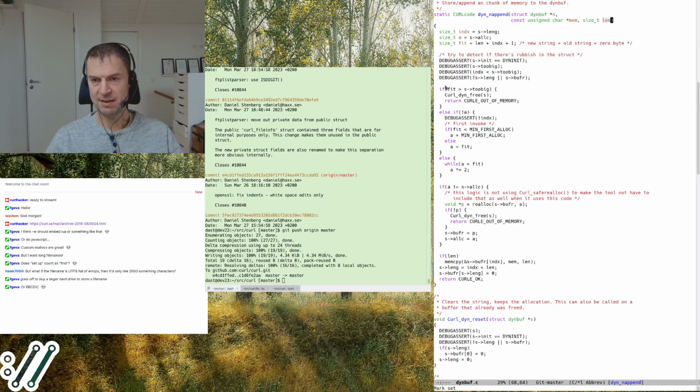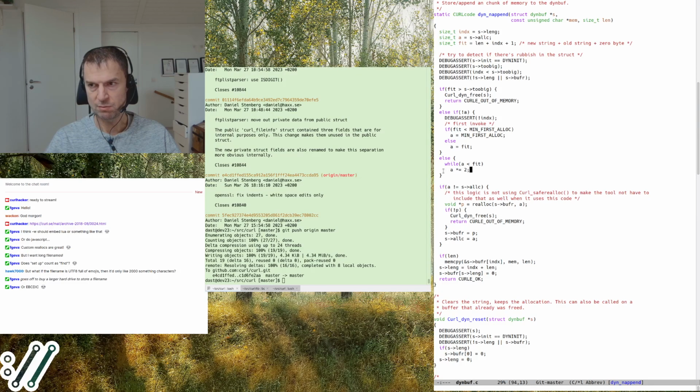So if it has too little memory allocated, it will double and try again, right? And it'll double until the allocated amount fits what it needs to fit, right? So that's why it loops here. If the allocated amount is less than what it wants to fit, double the allocated amount. We double it so that we don't have to increase it so often, because it's just an optimization instead of just adding what fits and a little bit more, because sometimes we add 1 byte at a time, right?